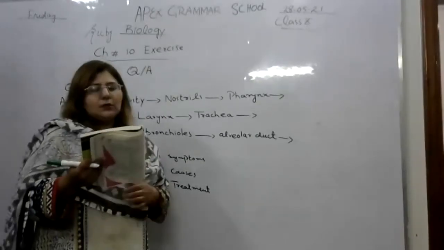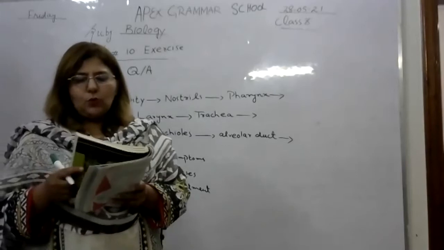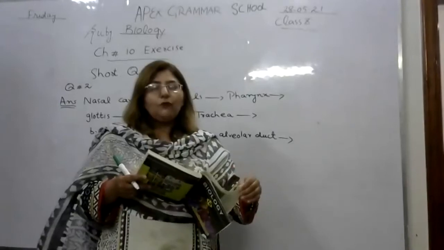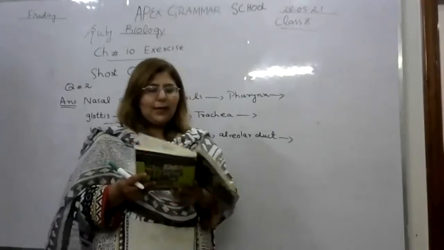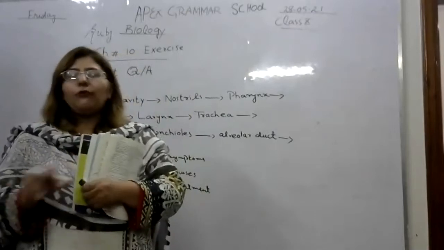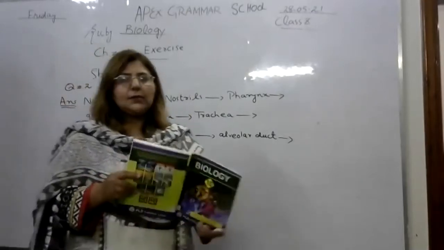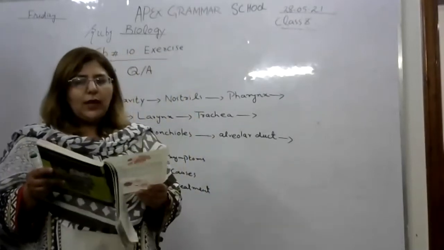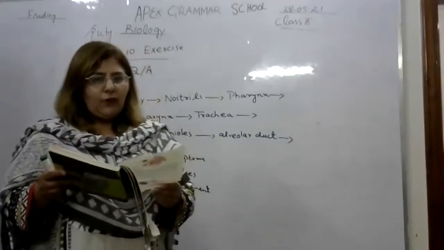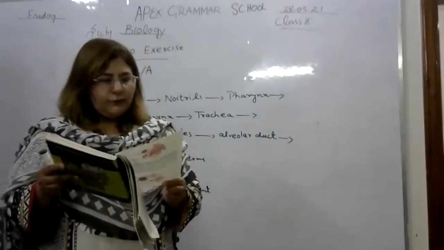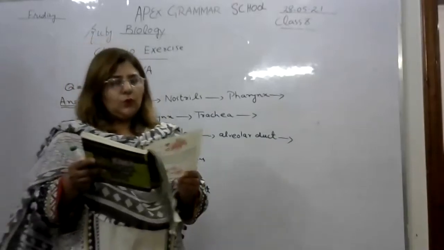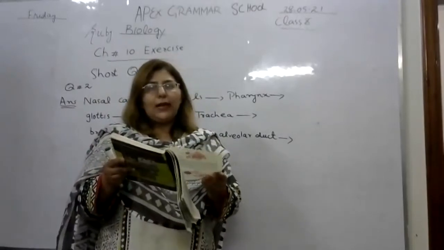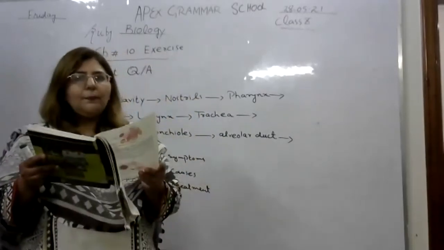Okay. Now the last long question is: how does the tobacco smoke damage the respiratory system? I have told you in detail yesterday in my lecture that tobacco smoke consists of 4 dangerous chemicals, which are tar, nicotine, carbon monoxide, and carcinogens. Okay, so how it affects the health of a person, you will see on page number 14. Bad effects of smoking. Okay, the heading is given, the topic is given, bad effects of smoking. So you will tell how tobacco smoke can affect a person's health.